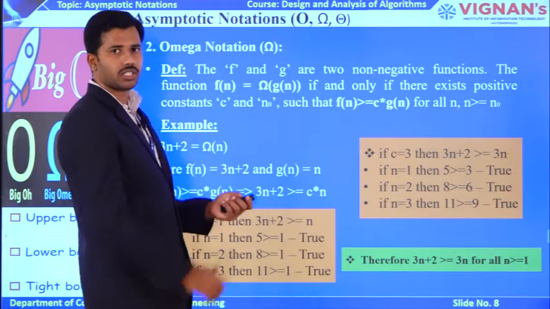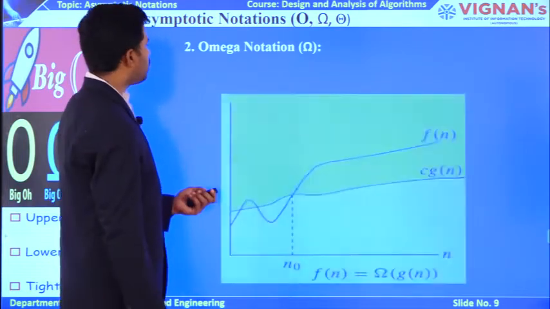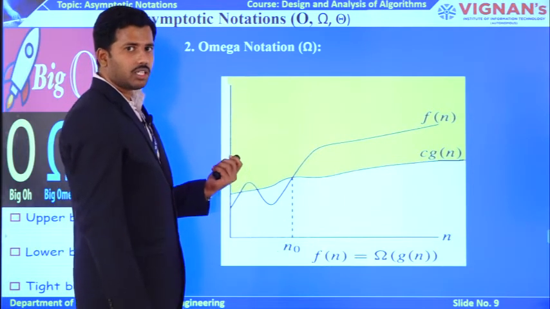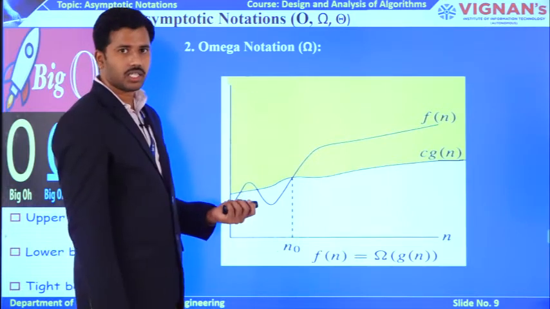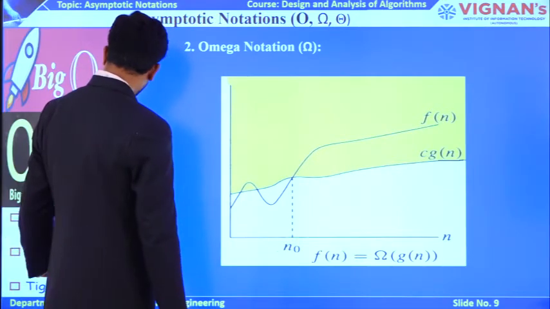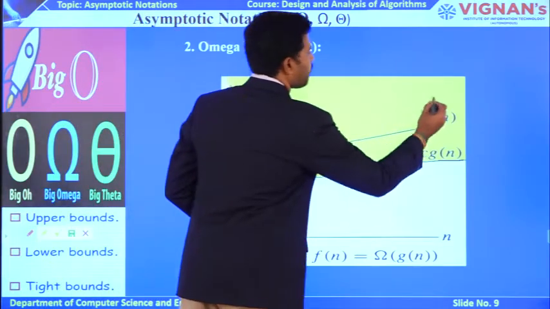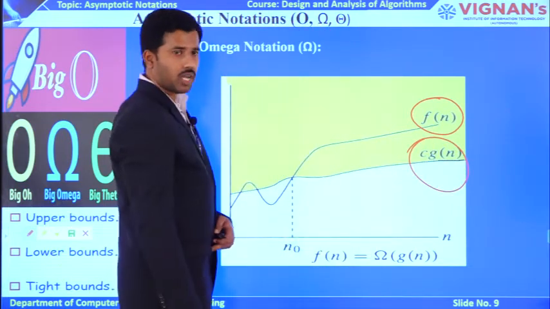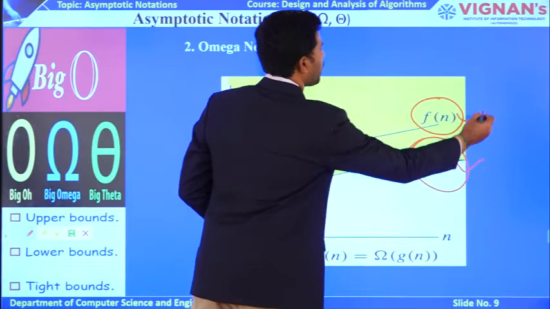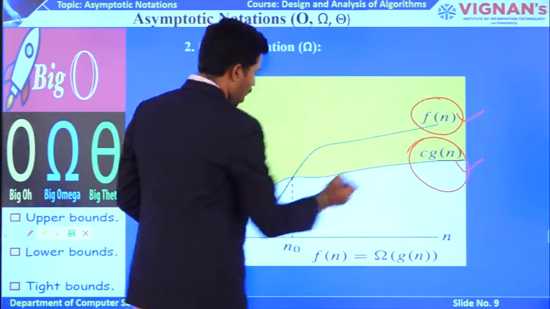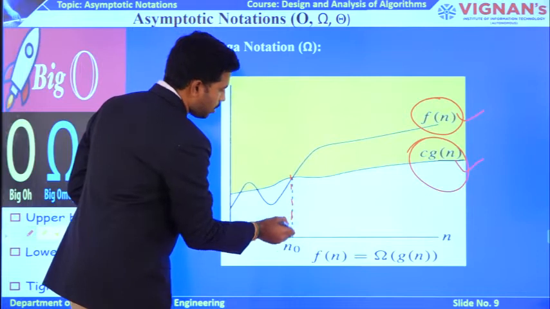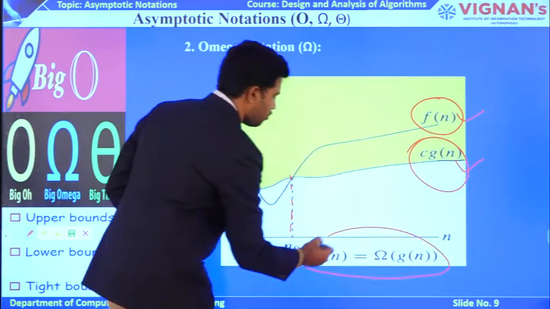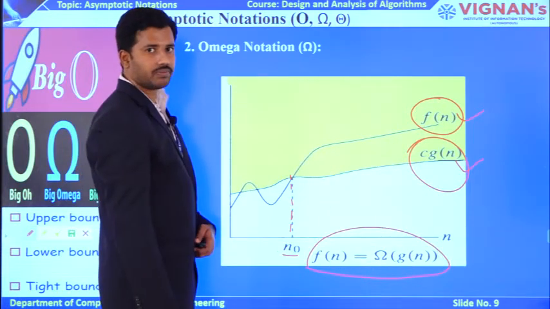Okay. It is simply the reverse of your worst case, nothing but big O. Now, observe the graph as well as the relationship between f of n and g of n for omega. After applying this omega notation on f of n as well as g of n, the graph of f of n has an upper bound compared to c into g of n. So g of n has a lower bound compared to f of n. f of n starts growing after the relationship holds at a particular n value. So then only you can say my f of n has a relationship with omega of g of n. Okay.